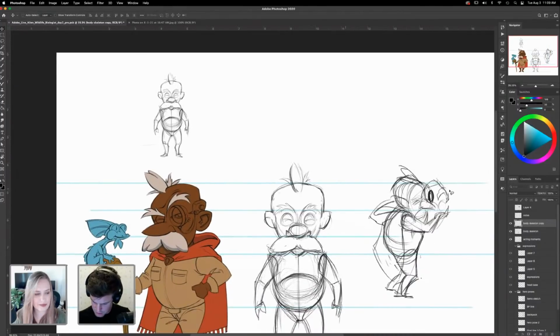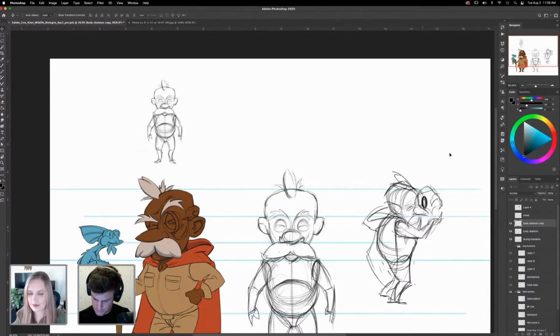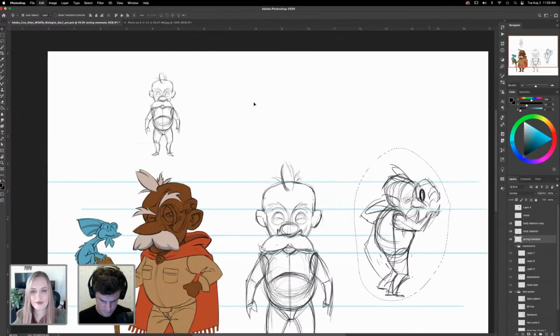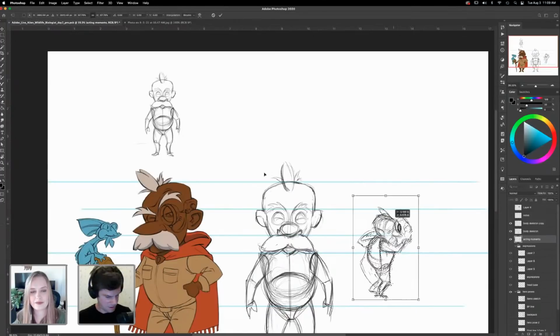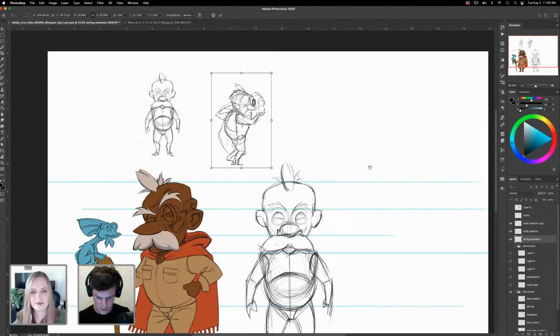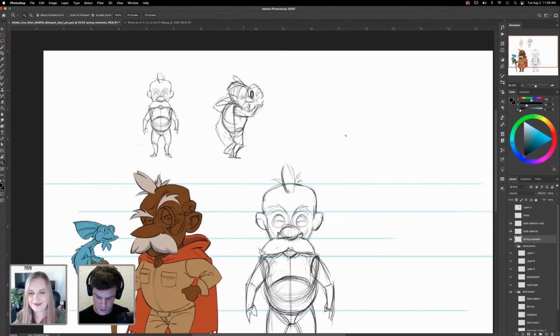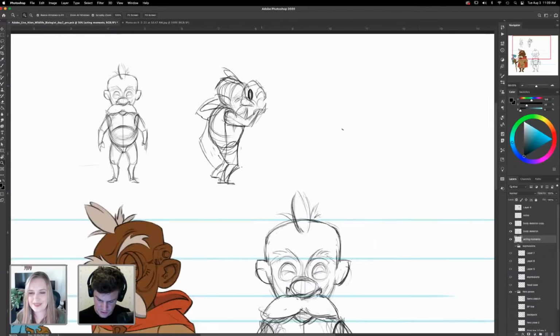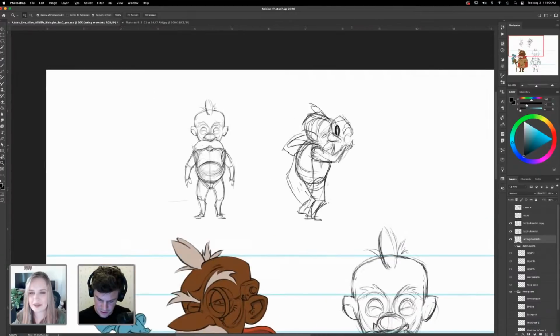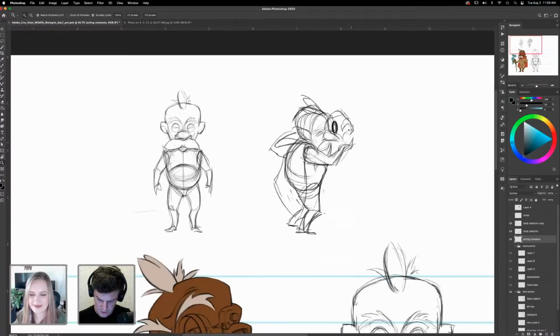This is one that I was already working on that I liked. It just felt like he was almost cradling something in his hands. Oh yeah, maybe like a little egg or something. Yeah, it's almost like floating. He had kind of discovered this.